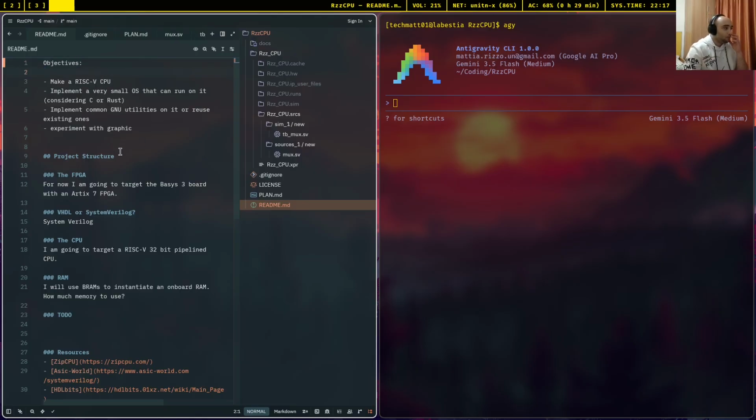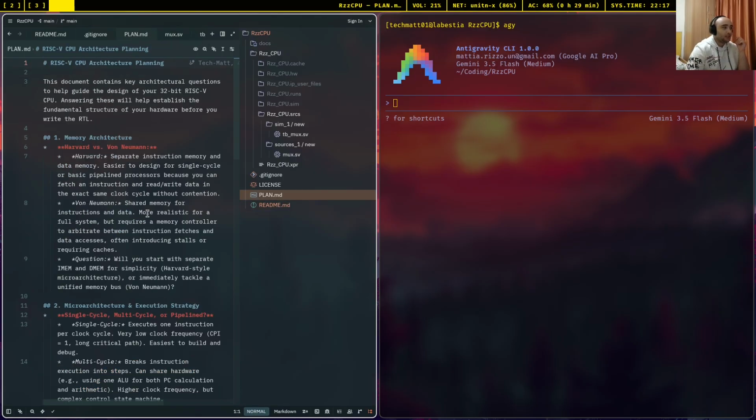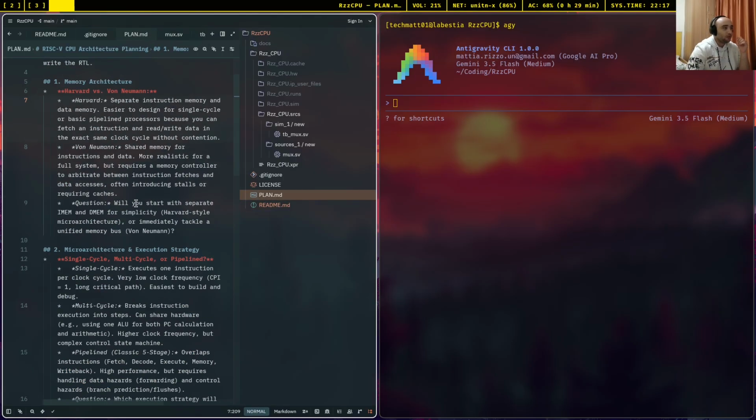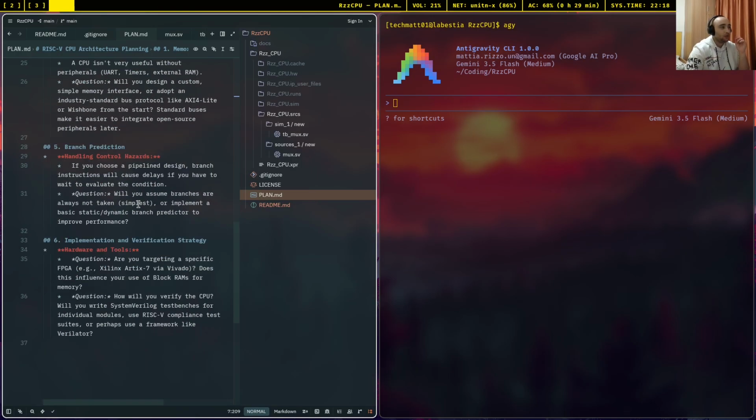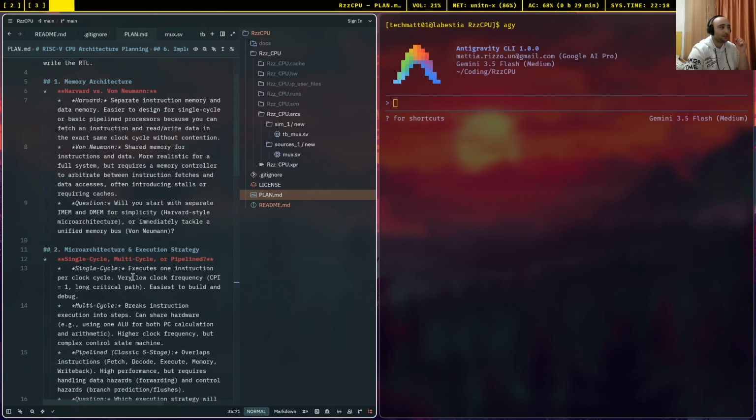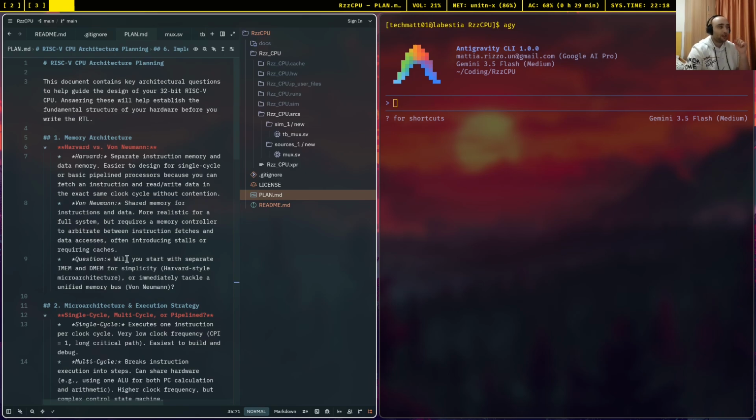So first of all, last time I created a sort of architecture roadmap, but more than a roadmap, it is really a few questions that I need to answer myself about what kind of architecture I want to build. So we are going to do that, but before doing that, actually,